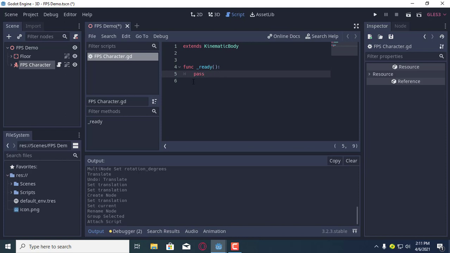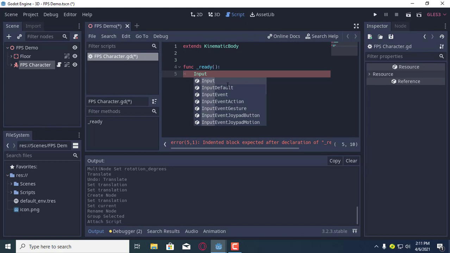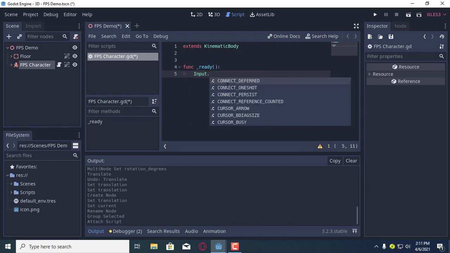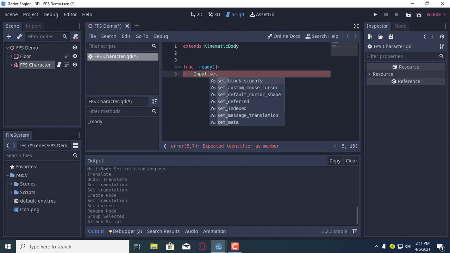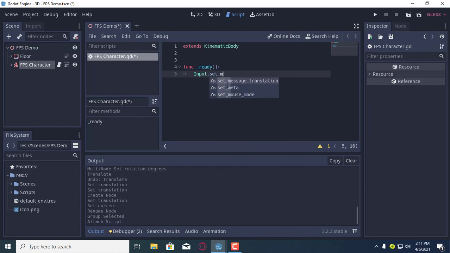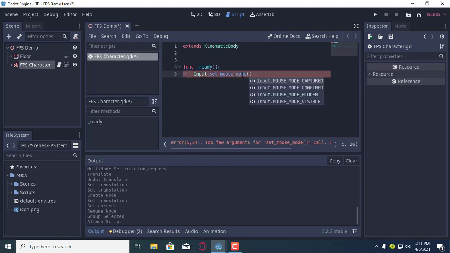Now we are ready for our script. First of all, what we will need is we need to hide the mouse. As we see in the FPS games, if the game starts to play, the mouse doesn't get visible. I mean it gets invisible. To make it invisible, we need to use this function called